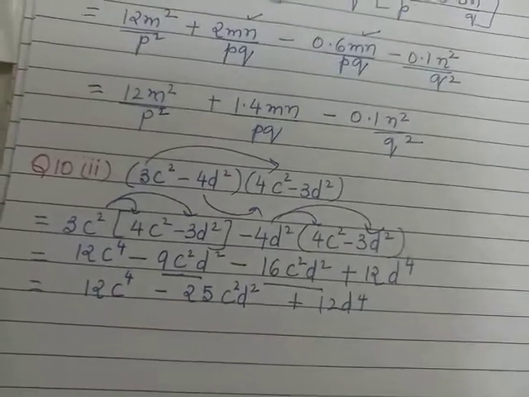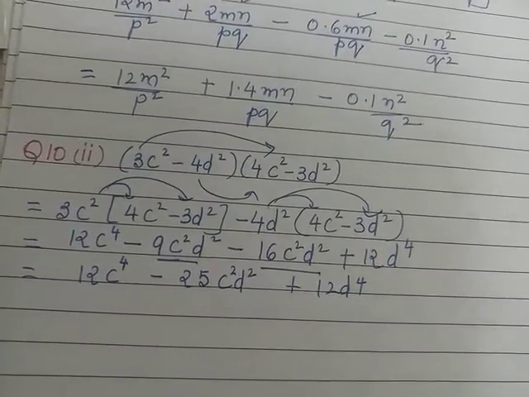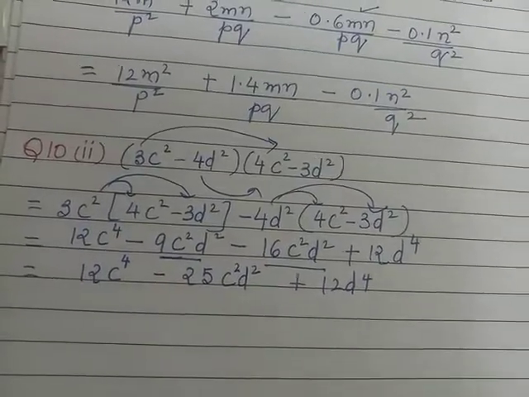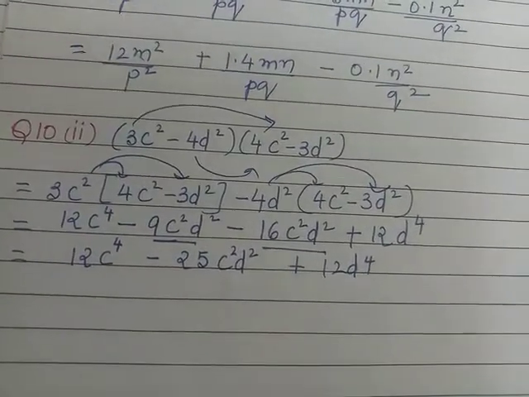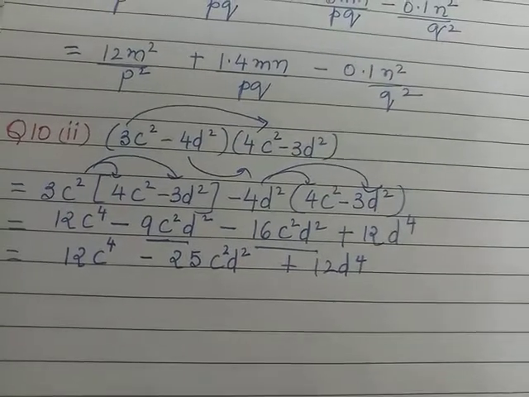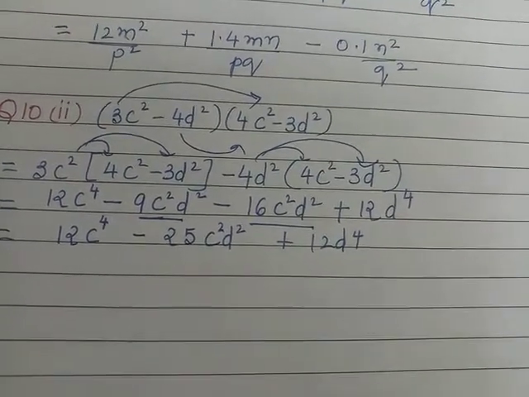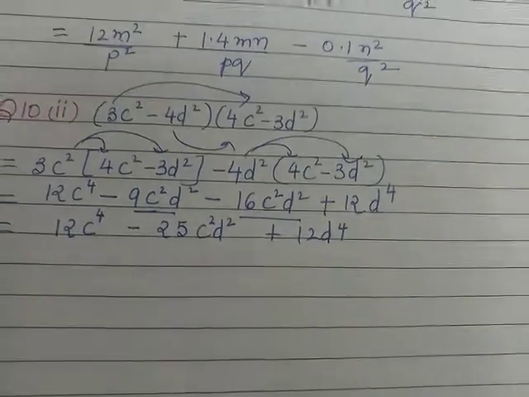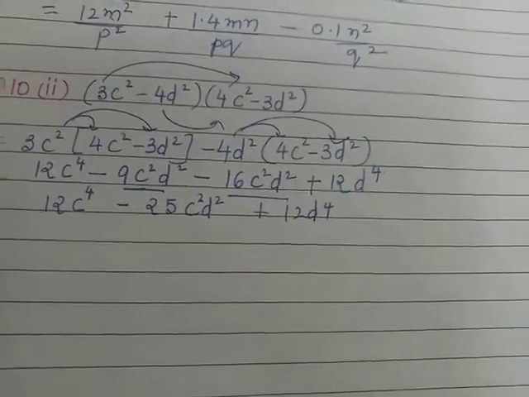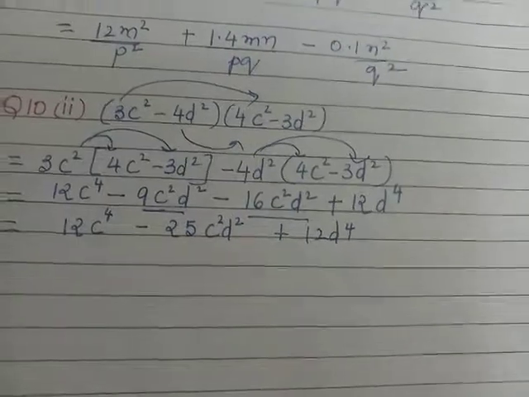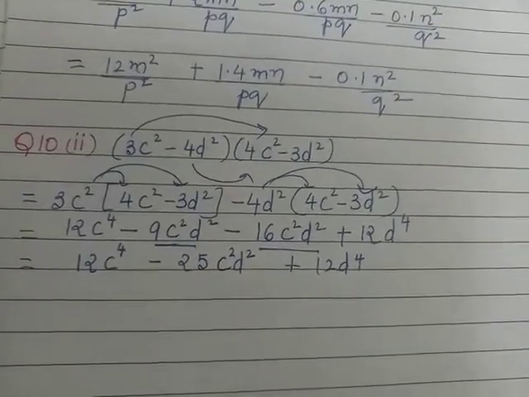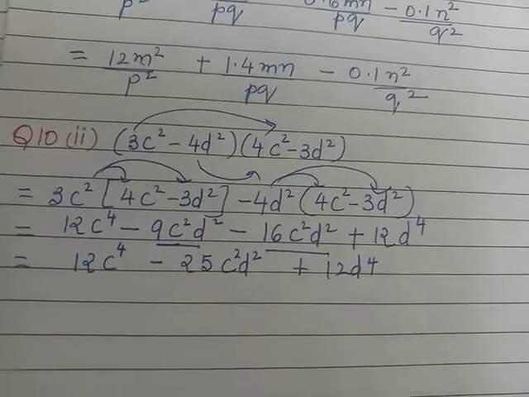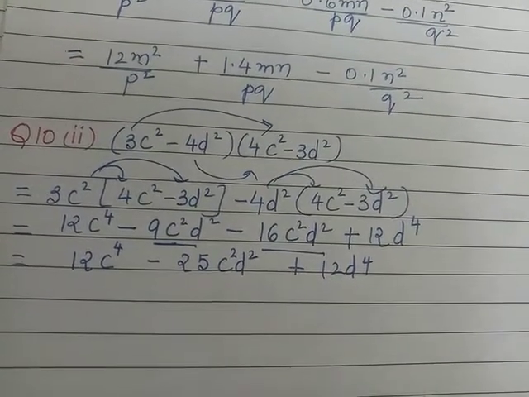I've almost explained you all the questions. Now what your homework is, each question has 4 subparts. You are going to do the last subparts. If a question has 2 parts only, so you are going to do both the subparts, or if it has 3 parts, then also you are going to do the last 2 subparts. Student, what you have to remember in this, we have to be alert while multiplying. Check the sign and the variables that you are writing.